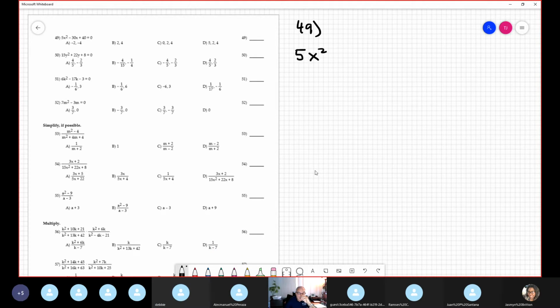5x squared minus 30x plus 40 equal to 0. It's a quadratic equation, good. It's already expressed in standard form, super good. Okay, however, I want to explain some important details. For example, I can see in this equation before starting, the coefficient is 5,